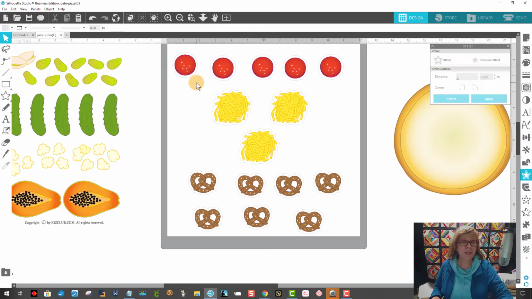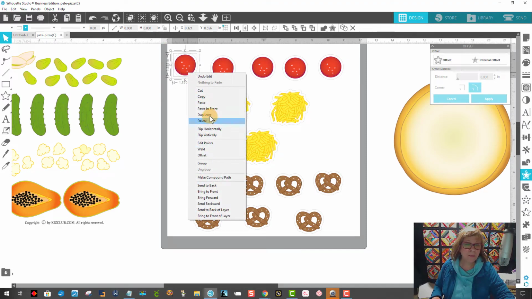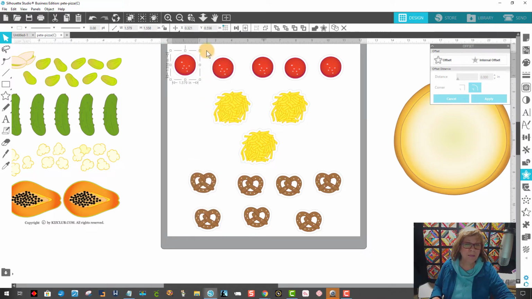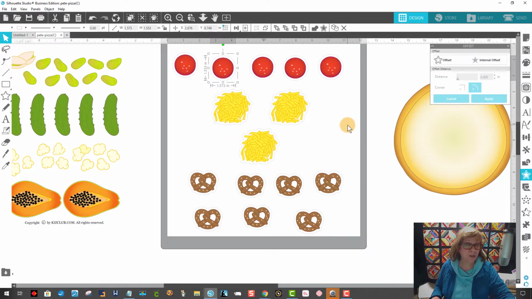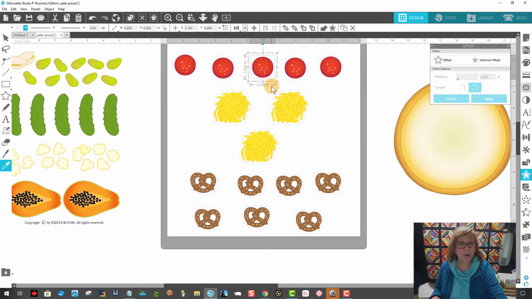And now what I need to do is group each one of these pieces with its offset, because you see I can just take it right off and I don't want to do that. So an easy way to do that is grab this one, right click and say group. Grab these two together, right click and say group. But an even easier way is to grab these two, hold the Control key on my keyboard, and while I'm holding that down, click the G for group. Again, Control G. Again, Control G,